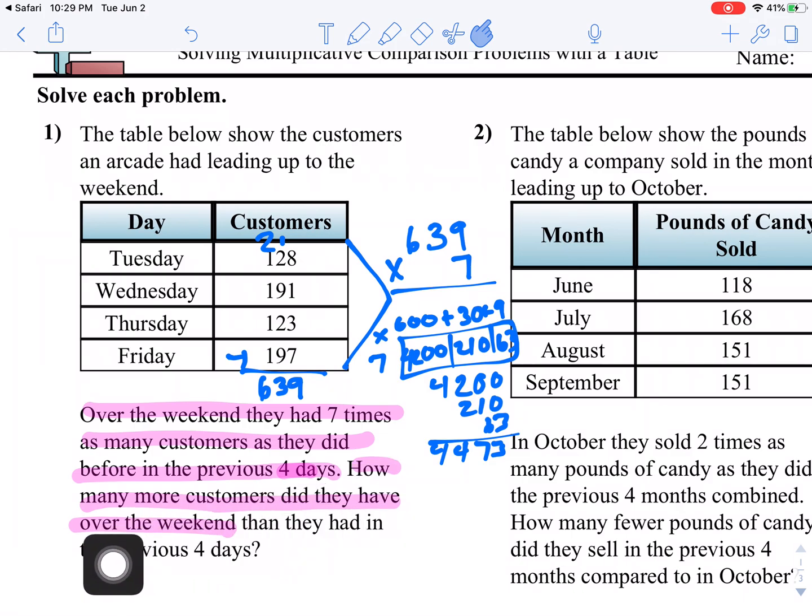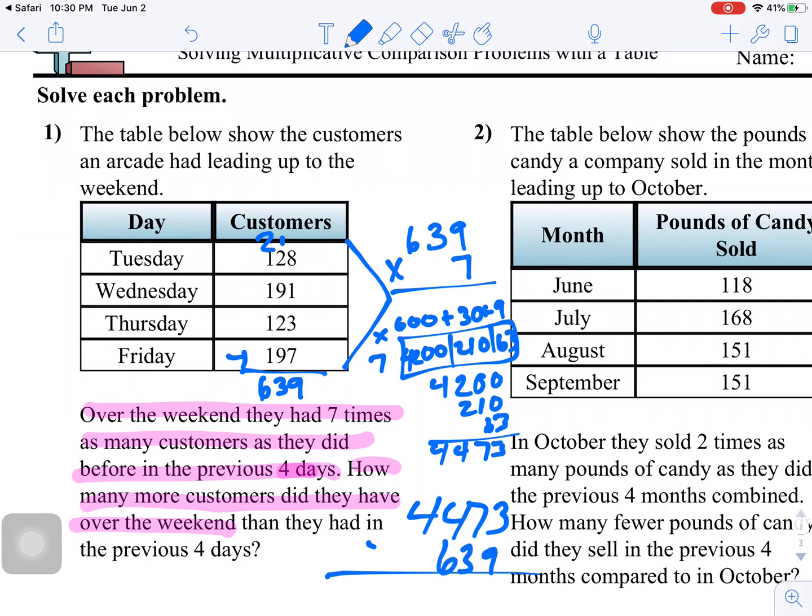How many more customers did they have over the weekend? Oh, I need to still do another step. I need to subtract. So I'm going to go 4,473 minus the 639. I need to regroup. I can't do 3 minus 9. That's going to have to be a 13 and regroup from there. So now I can subtract: 9, 10, 11, 12, 13. That's 4, 6, 5, 4, 3, 14, 13, 12, 11, 10, 9, 8. And 3 minus nothing is 3. So my answer is